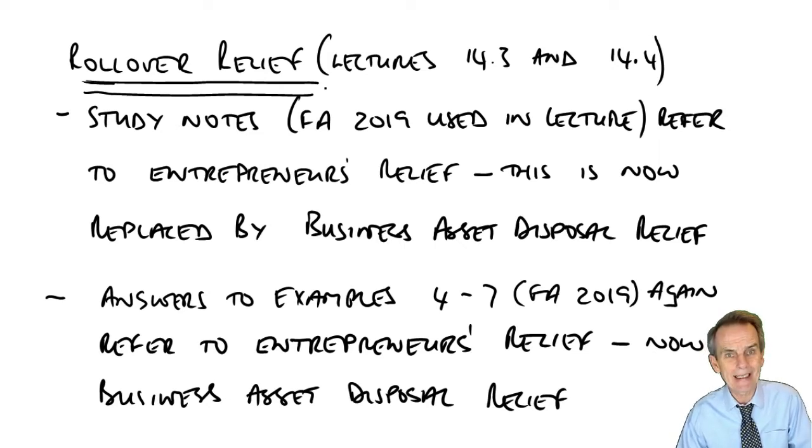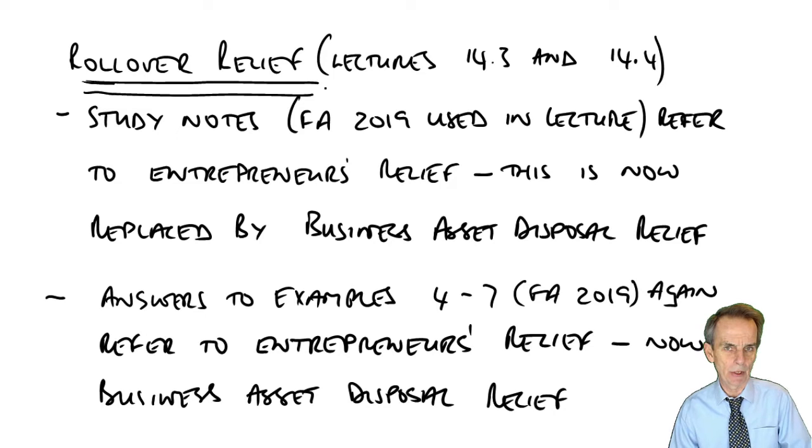You're an expanding business, you've outgrown your current business premises, you sell and you buy new, larger business premises, and you reinvest the proceeds in those premises. What happens there is, as long as you have reinvested all of the sale proceeds, which is what I've just referred to, then all of the gain arising on the disposal of that first property may be deferred. The nature of the deferral, the meaning of the term rollover, well, that's explained within the next couple of lectures here, indeed very early on in this lecture.